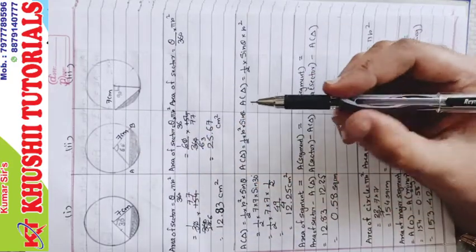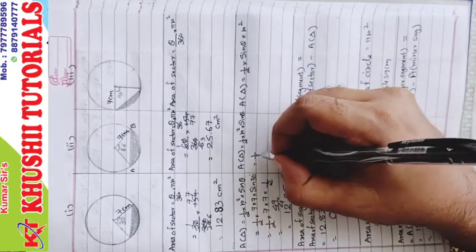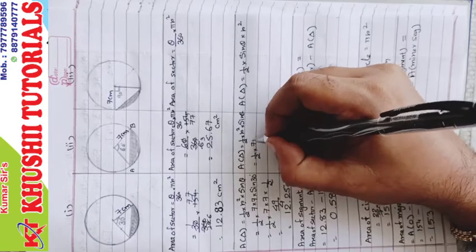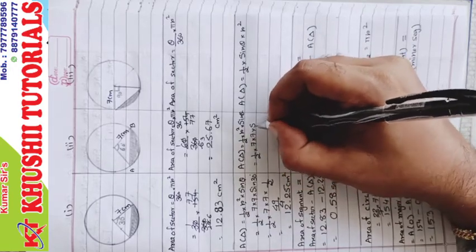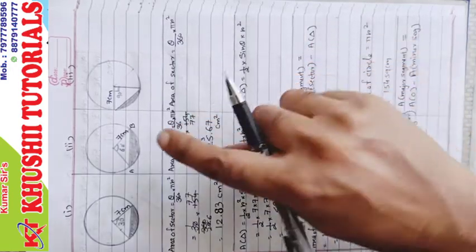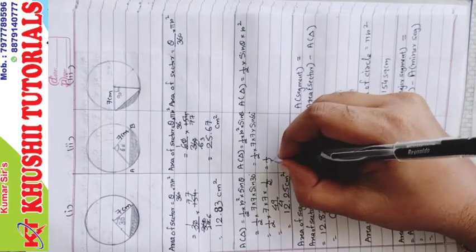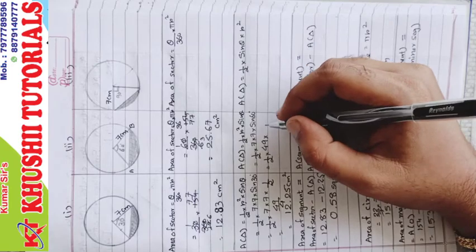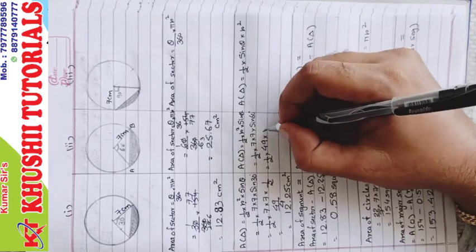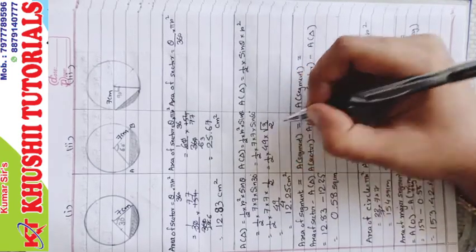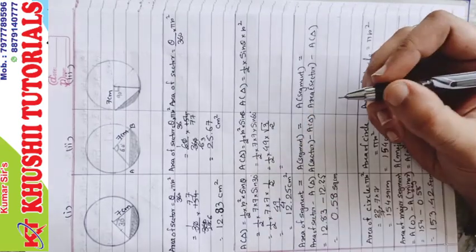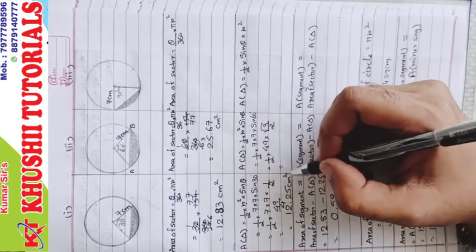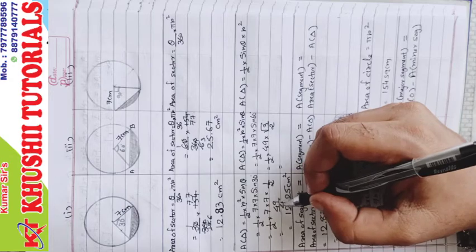Now area of triangle. Area of triangle is half into r square into sine theta, which is 7 into 7 and sine theta. Theta is 60 degree. Half will remain half. 7 into 7 is 49. Sine 60 degree: the value of sine 60 is root 3 upon 2. So 49 divided by 4. Already we have done divided by 4. 49 divided by 4 is